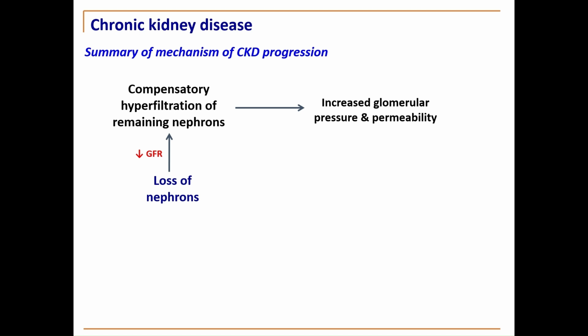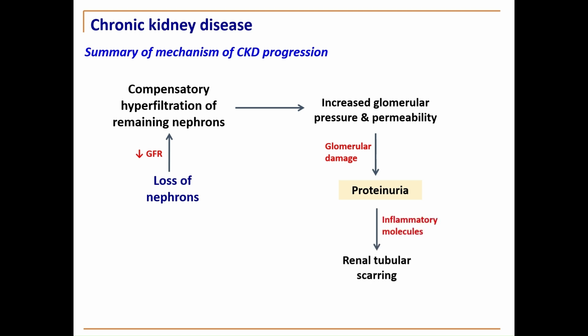That increased pressure and workload in the glomeruli makes the filtration barrier more permeable and prone to damage, and that can therefore go on to lead to what's called proteinuria, as we talked about earlier. That damage to the glomerular filtration barrier allows proteins, in particular albumin, but also other molecules, to leak into the urine. Some of those other molecules that leak are inflammatory molecules that are in our blood all of the time,